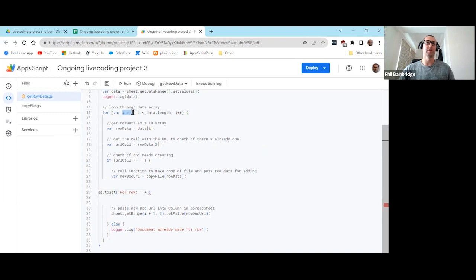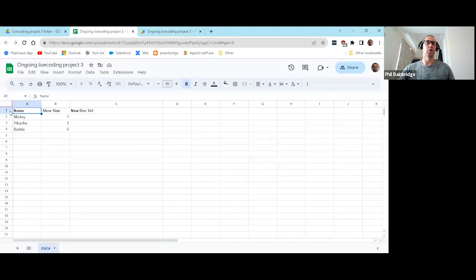Now, we are looping through the rows already using our variable I, which is set to 1, because we're going through an array which starts at 0. But if I want the correct row number, if I start at 1, it's actually going to give me the header row first. So it's going to be 1 behind, in effect. So I actually need it to start at number 2.